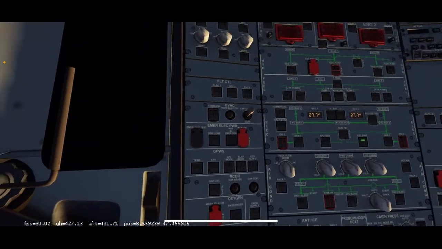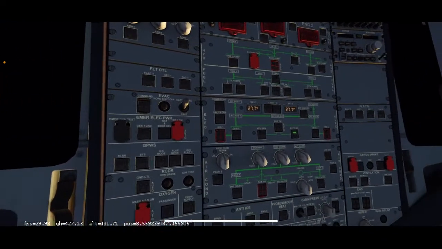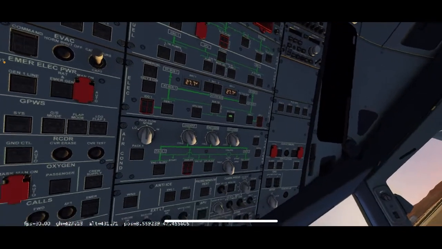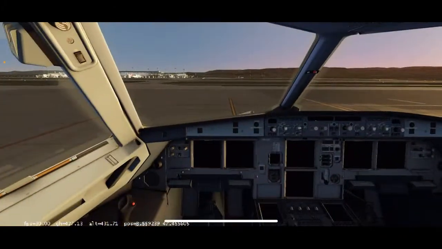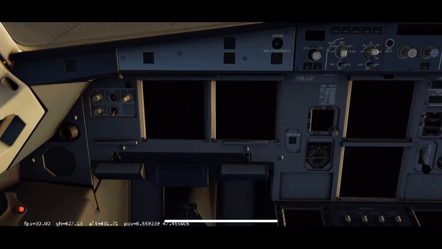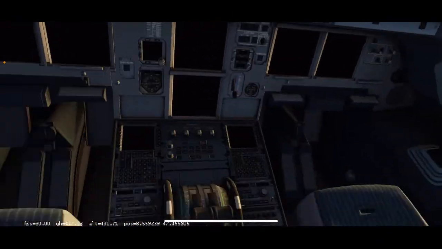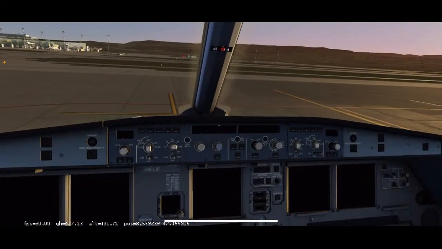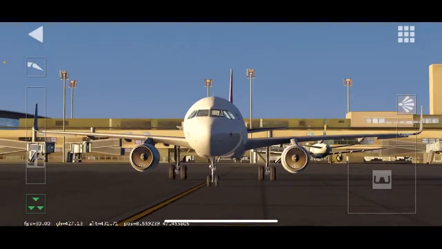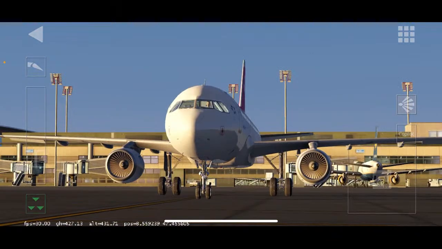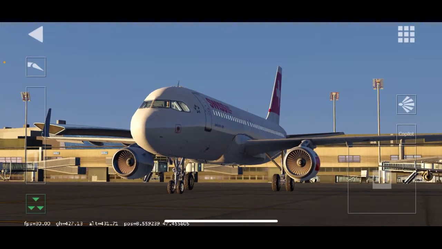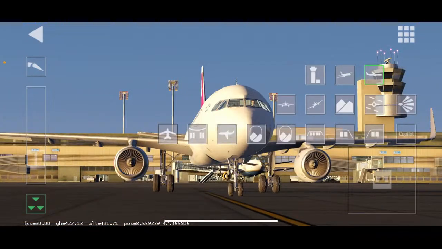Up here is where you really start the plane. So basically, when you guys are starting, you're going to want to turn on what's called your external power. Right now, the aircraft has no power whatsoever. Obviously, you guys can see that the screens are not on, nothing is working. So what you're going to want is some power from outside. There's usually an external power machine out here providing the plane power from the airport or from the machine itself.